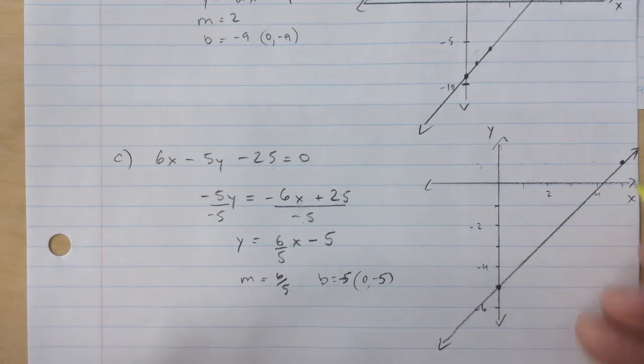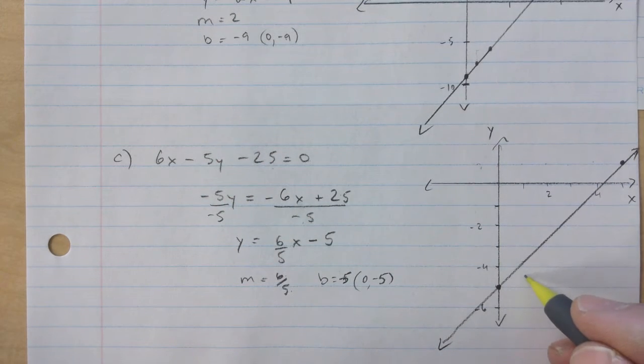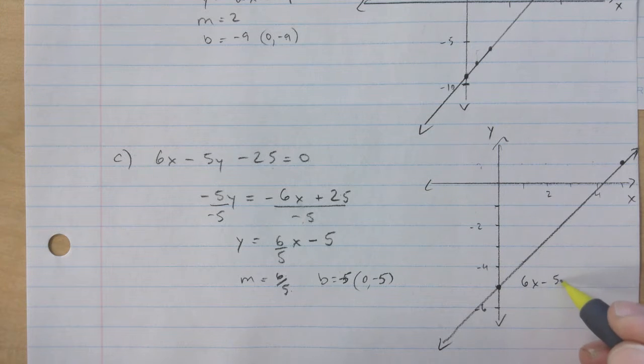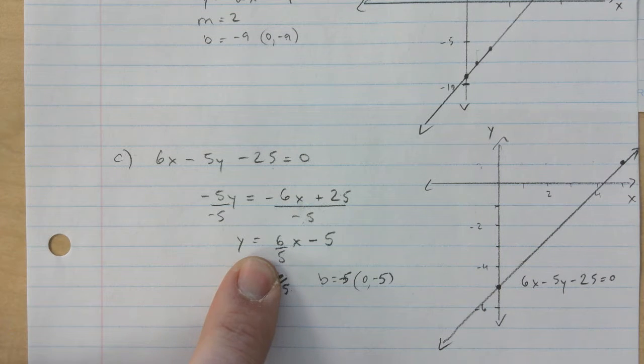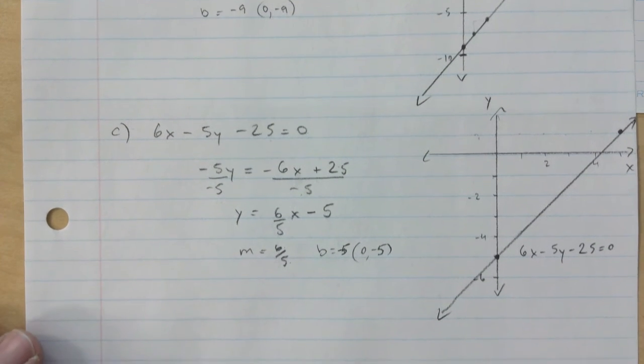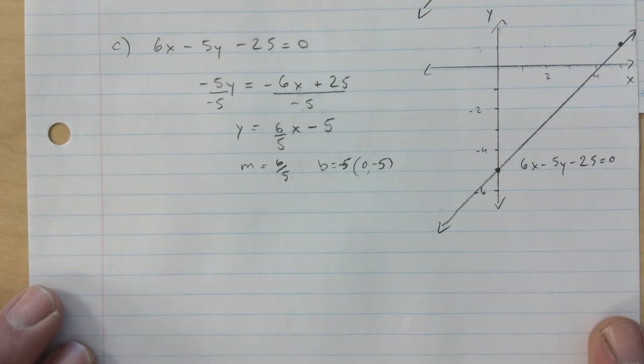There's the arrowheads. You can label it using this one if you'd like. Right? You don't have to use the rewritten form. You can use either one because they're both representing the same line. Okay. D,